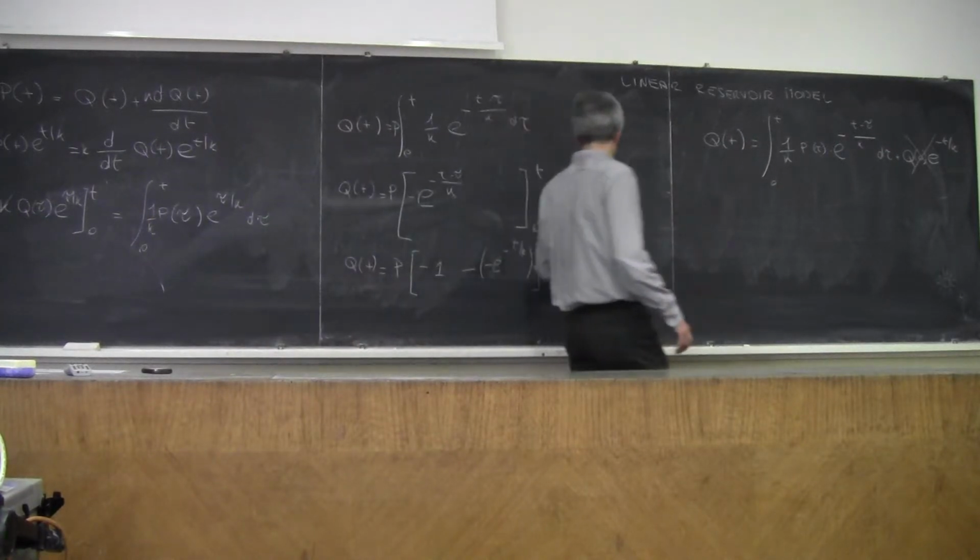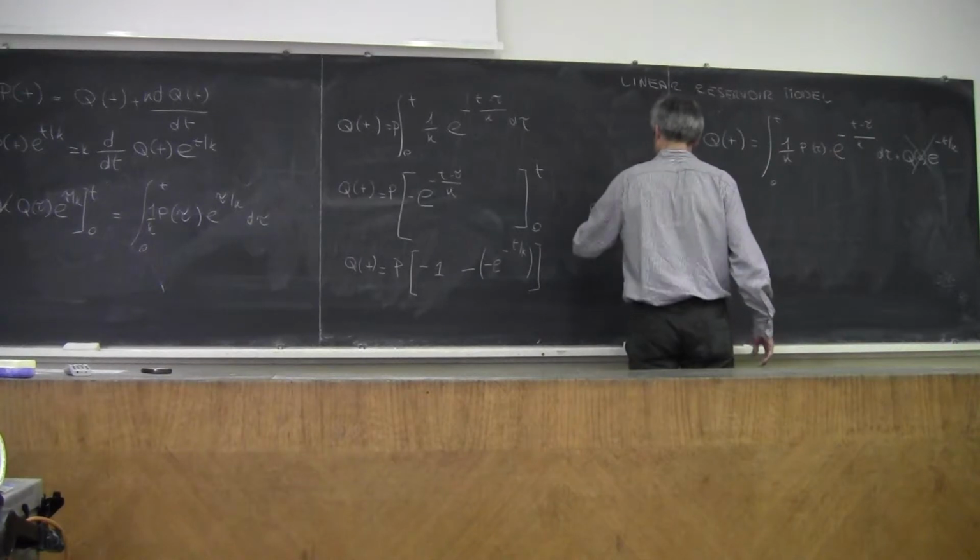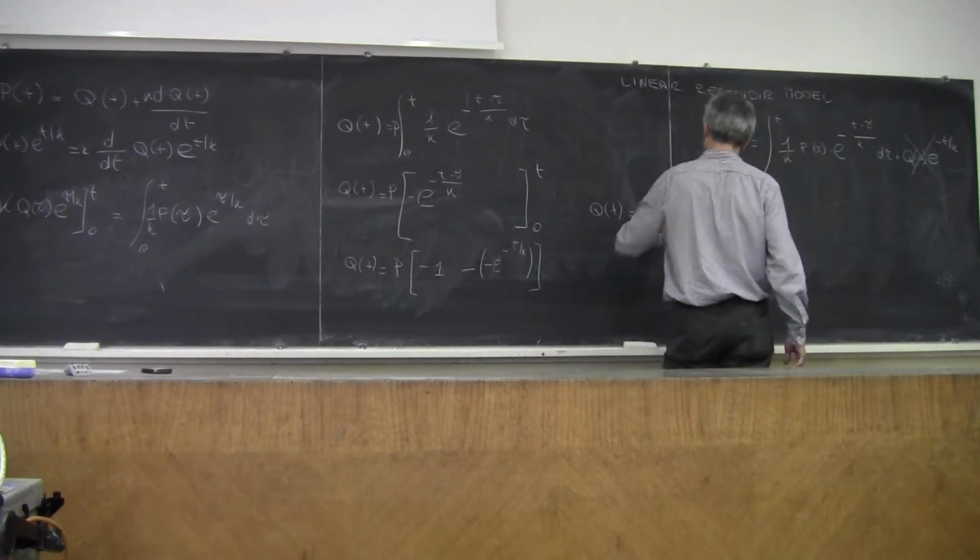Therefore, it becomes Qt is equal to P, which multiplies